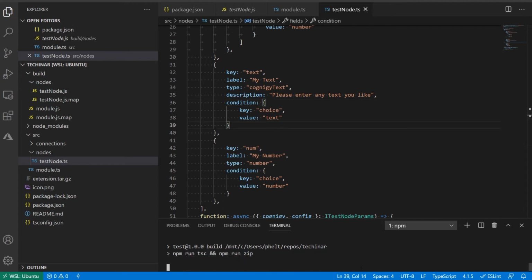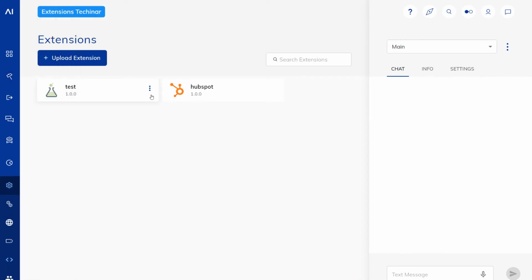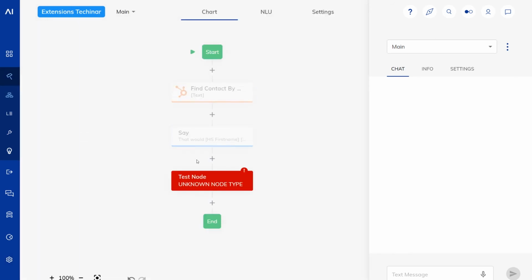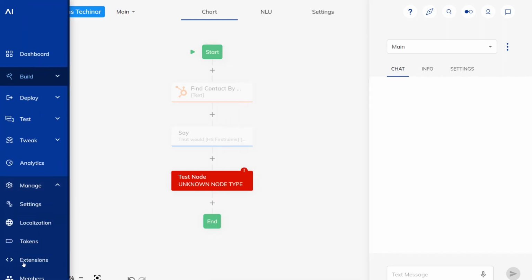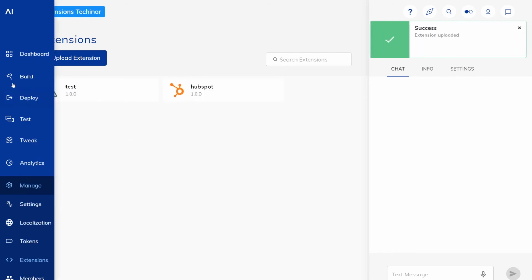So why don't we try that out? I'm going to build this, and then I'm going to go back into my flow, and I'm going to delete the extension we currently have. I'm going to re-upload it. We can delete it. By the way, if you go back to a flow after you've deleted a node, you'll get this type of warning, like, okay, this used to be an extension that we no longer have. So I can now go into the extensions and re-upload it from here, just to see if the conditions that we put in actually work.